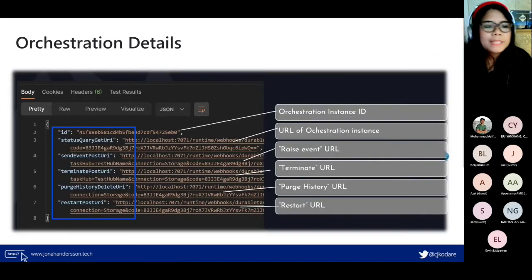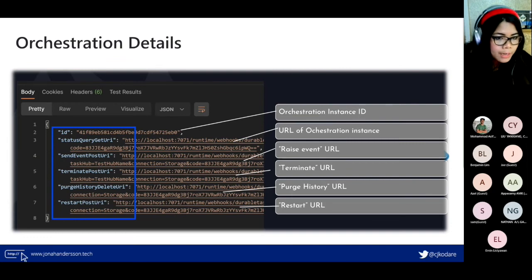And then the next one is the orchestration details. This is for when you want to debug or know what's going on with your orchestration. There are important details that are logged within the framework, the Durable Task Framework, when you develop. For example, there's an orchestration ID that you can work with, and there's also the URL.